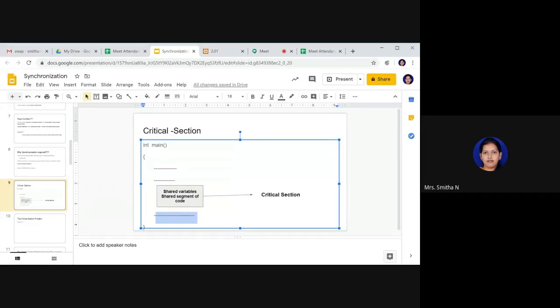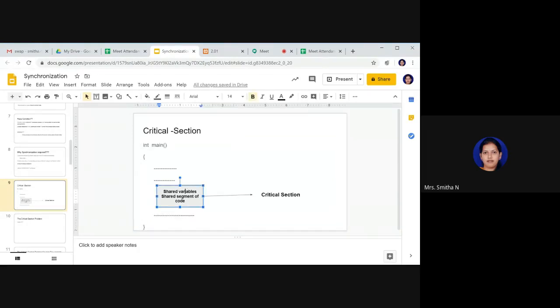It is only for that process. It is not shared with other process. So reminder section code will be particular to that process only. And what is entry section? Before the critical section, as I already told, which is a code segment which is shared with other process. Our problem is only one process can enter into this section, other process should not be allowed. To do that, we can have an entry section here.